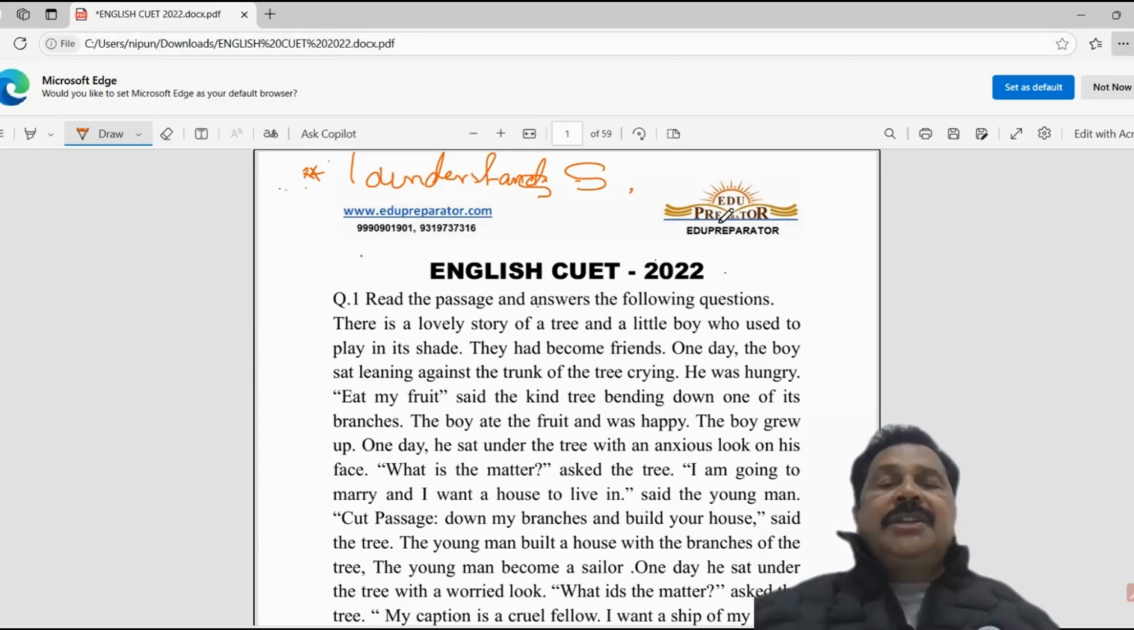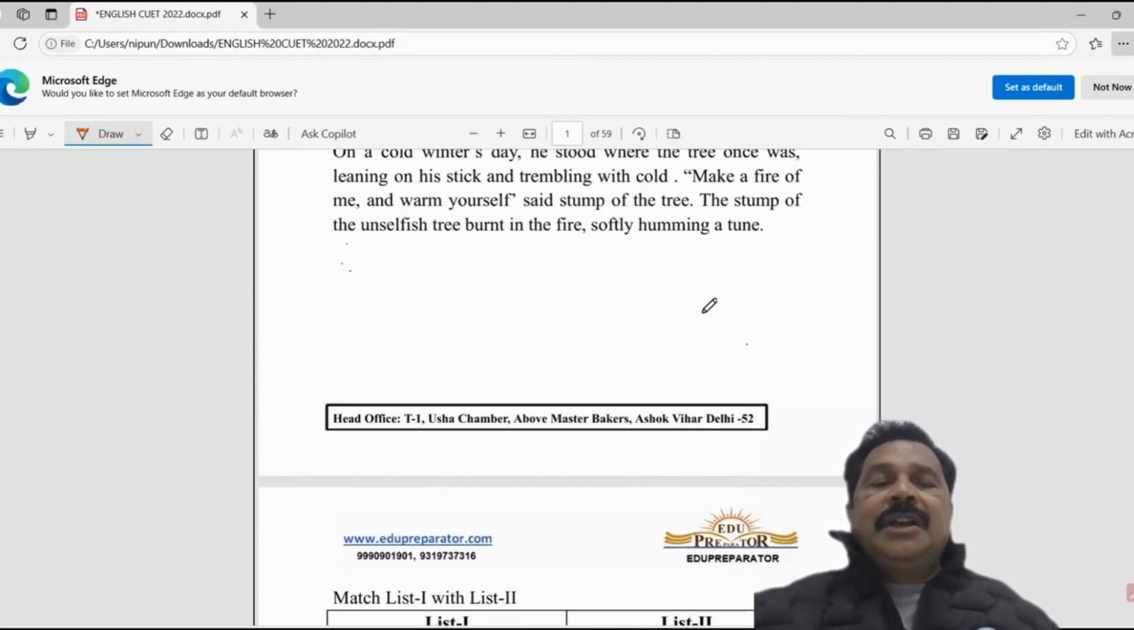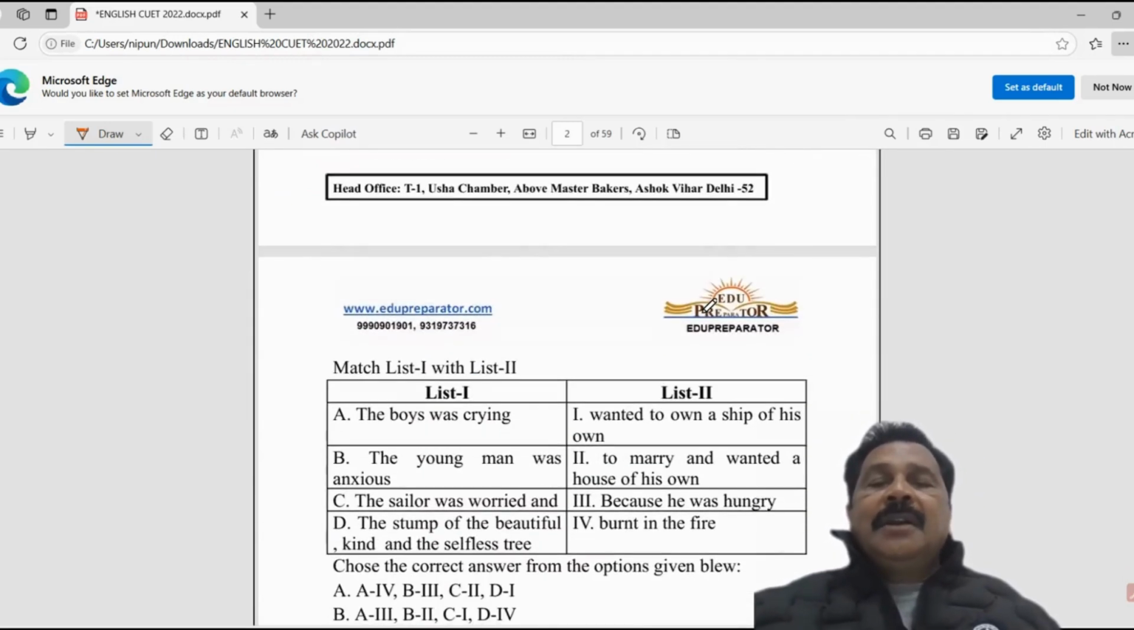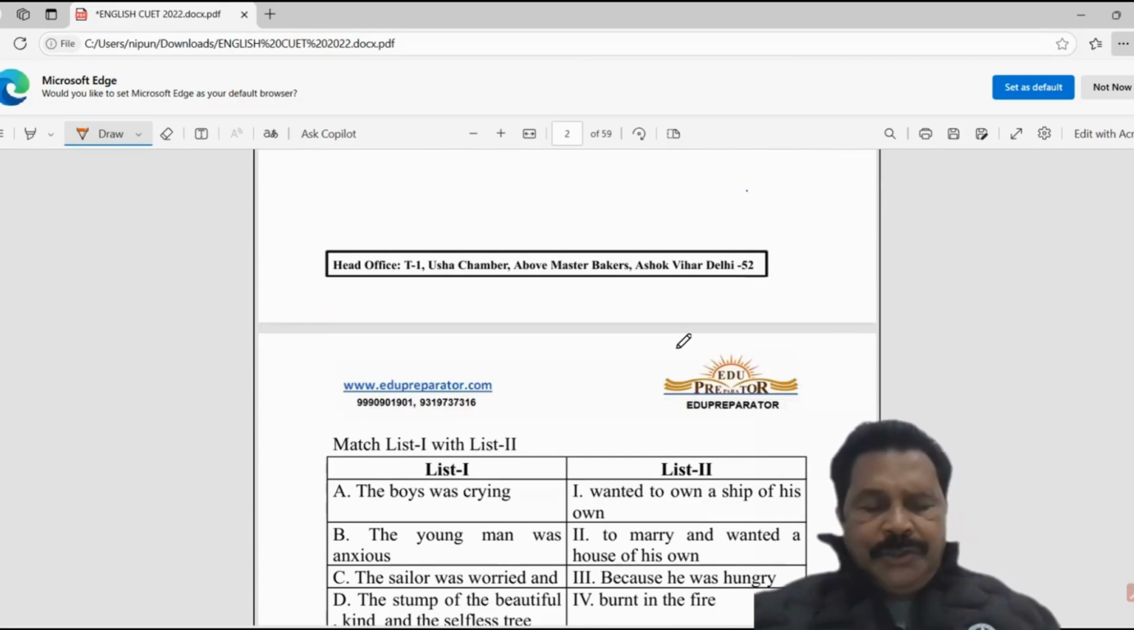So here, take the example of this passage. There is a love story of a tree and a little boy. Clear how this tree is attracted towards the child and how they are related. And the first part of the question you will see,